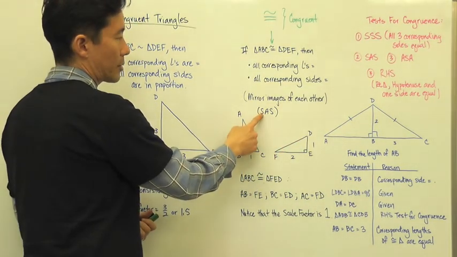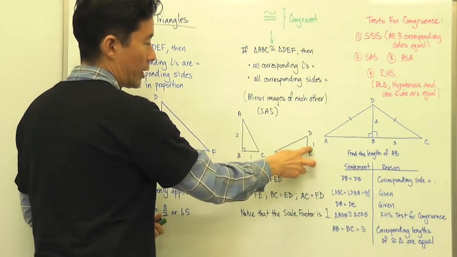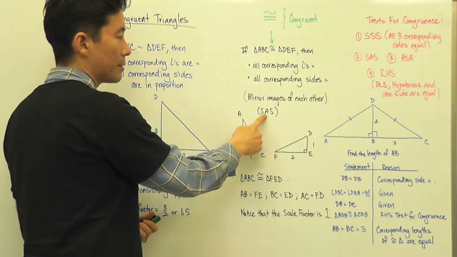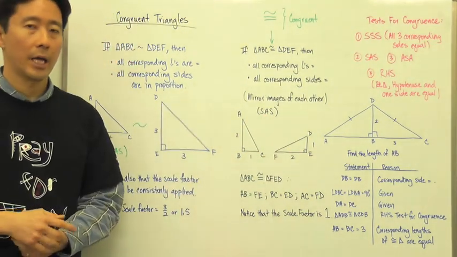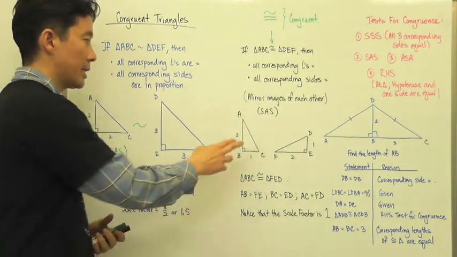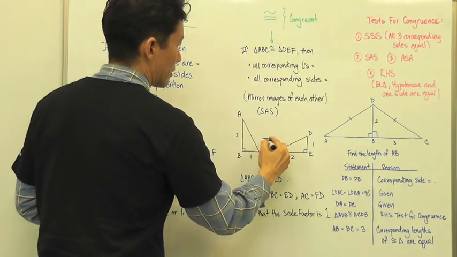So, are the corresponding sides equal to each other? Well, it's 2 and 1, 2 and 1. And is the angle in between those sides equal to each other as well? And sure enough, they are. And because they are, I can say that side angle side is going to prove that these two triangles are